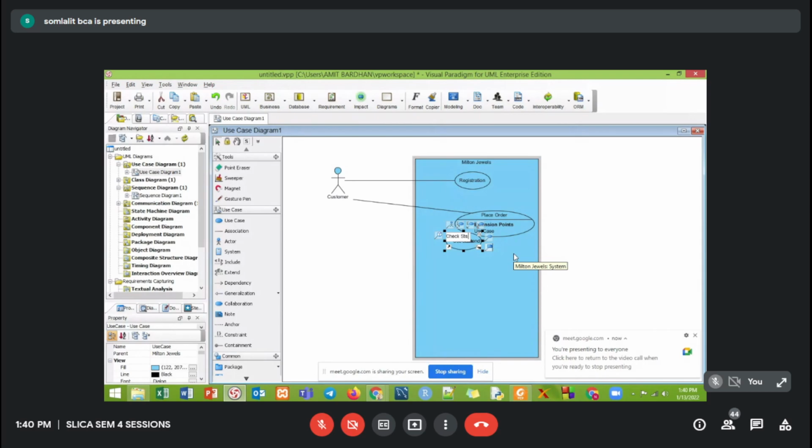Now basically ये थोड़ा बड़ा हो गया है. We need to take this a little bit down. See, extends. You can increase the boundary size as and when required. You can check the status. Then, a customer can purchase any jewelry item order either by using his existing account or as an anonymous user. Now, who can place the order? A customer can also place the order as well as an anonymous user. This is anonymous user.